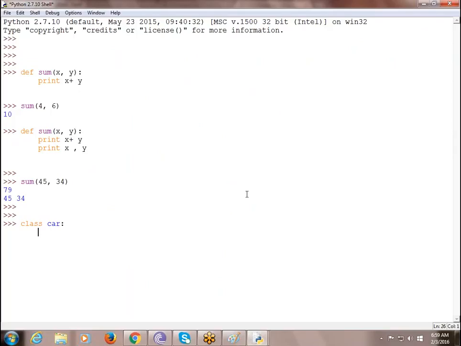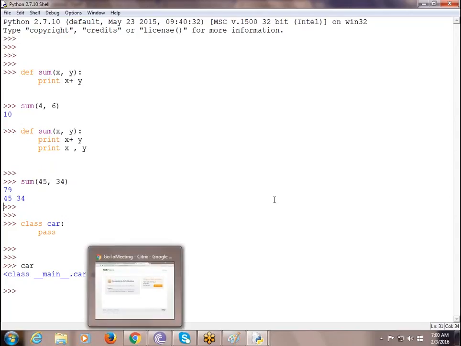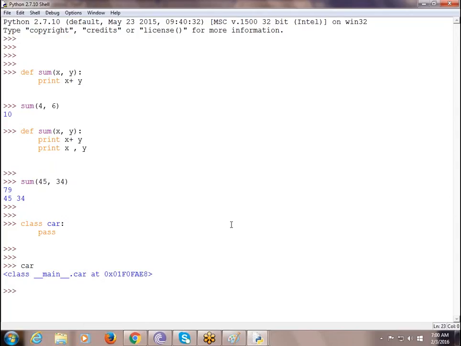What I'm doing here is just a pass, something like a stub. If I don't want to write any piece of code, you can use pass there. I have designed a class car. When you print it, car is a variable of type class at this particular object location. Whenever you print any object, you will get some object location. Car is a variable referencing this object location.